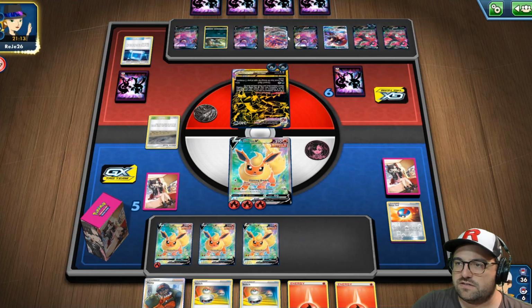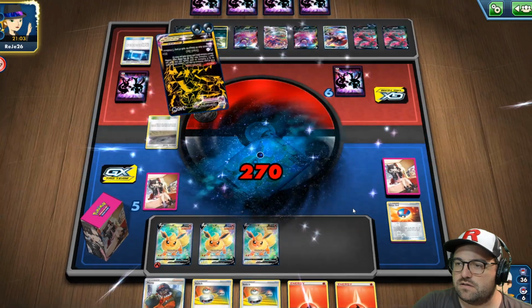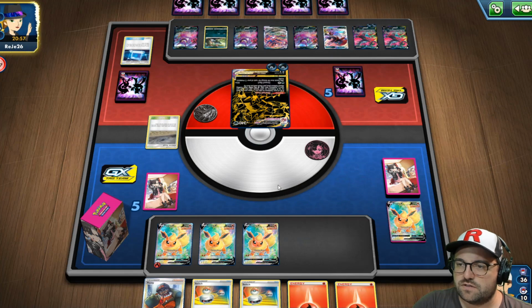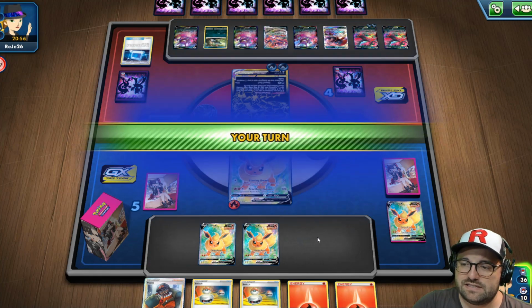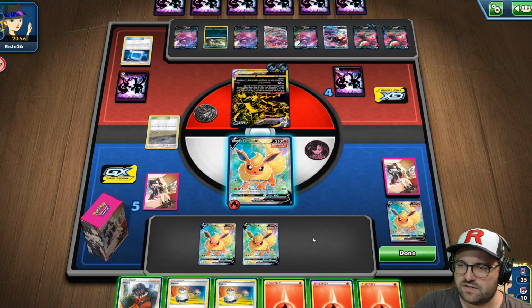On the bright side, I guess there's not really any bright side. He's going to attack again with the Eternatus VMAX. So 270 right in the Flareon. It's okay though. We're coming back. Hopefully we can get rolling here for the comeback. Terrible start. I don't think he had the optimal start either, but